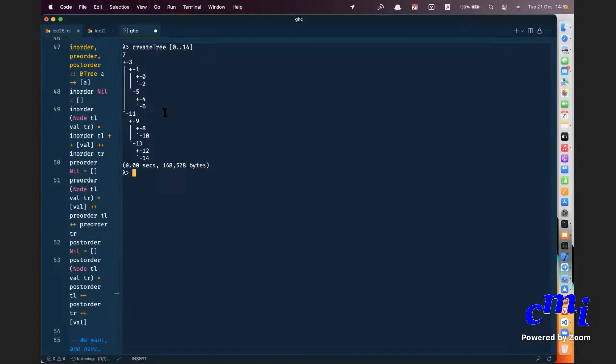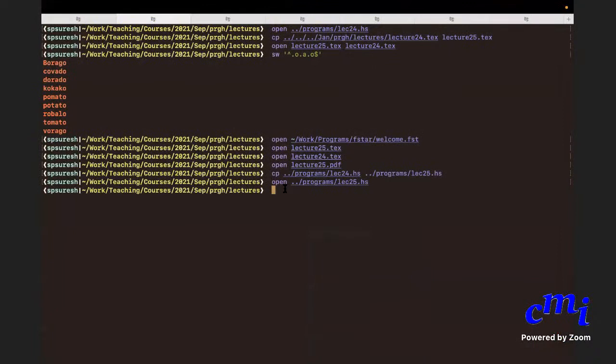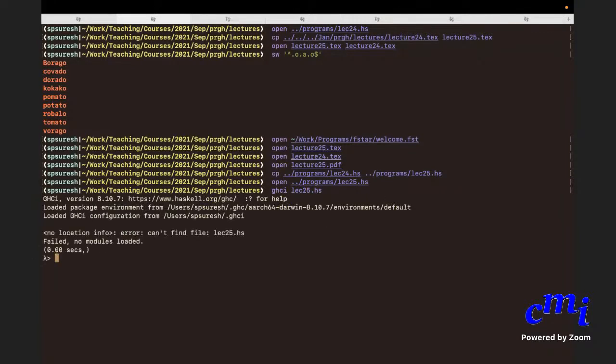But if I write it on a larger screen, then you might see it better. I'll see if my terminal has a larger one. Yeah, it has. So I'll do GHCi here. I don't know what difference it will make, but let's see. It didn't load the Haskell file.